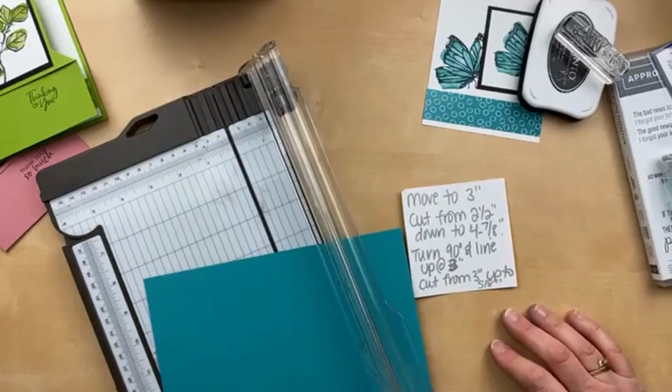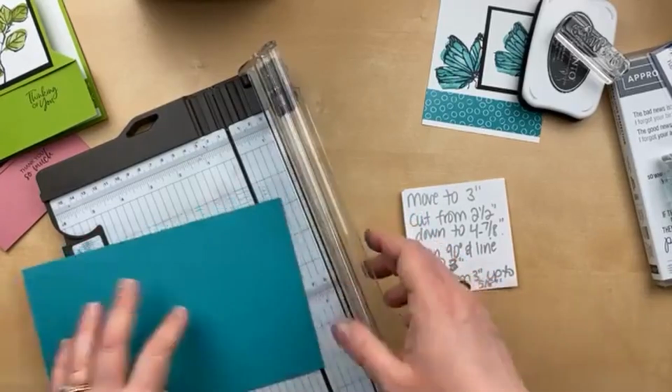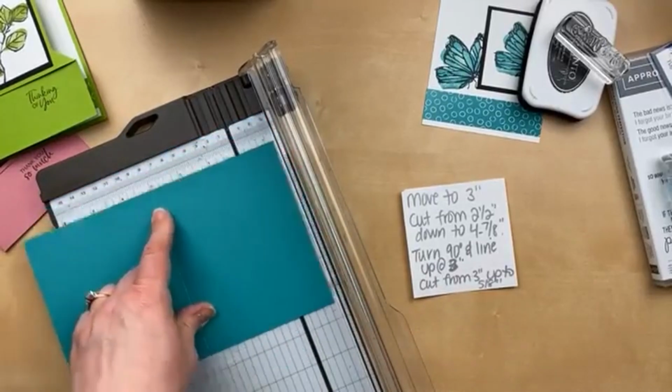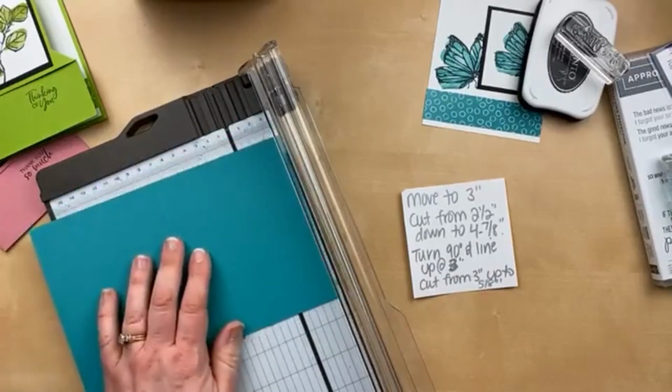Oh gosh, now I'm going to get all mixed up again. Yes, okay, 4 1/4, then I move it back to 3 inches. So the score line is at 3 inches, and